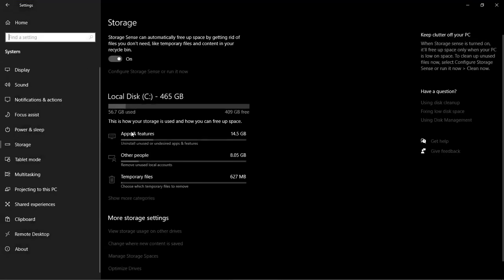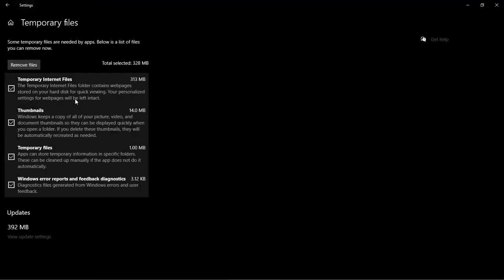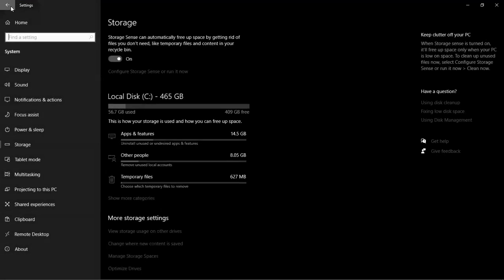Okay, but it shows you the different categories on here. You can just drill down on any one of these, like the apps, other people, temporary files. Let's click on temporary files. From here, I just finished doing a cleanup, so I really don't have a lot on here. But if you just click on remove files, that stuff is gone. Okay, so the book goes over this in a lot more detail. I just wanted to show you where it was in the new